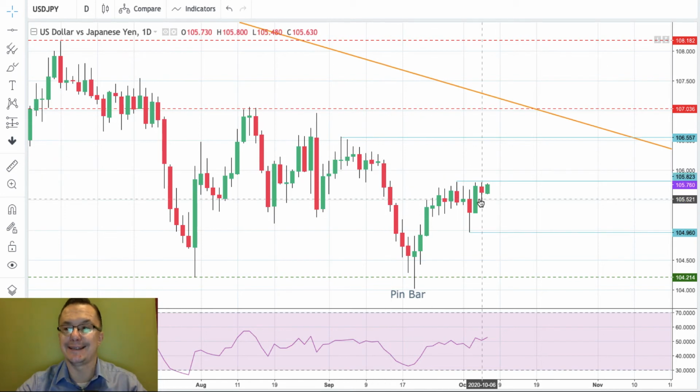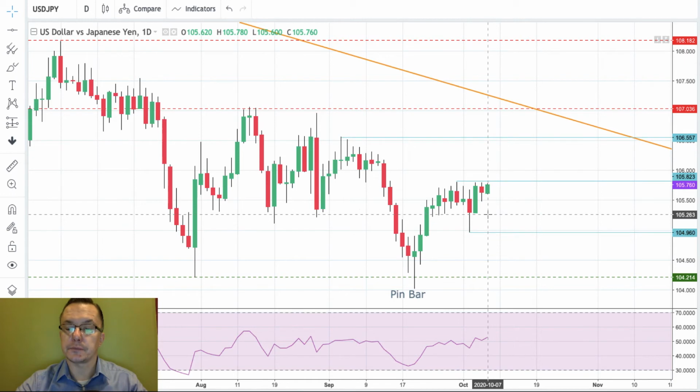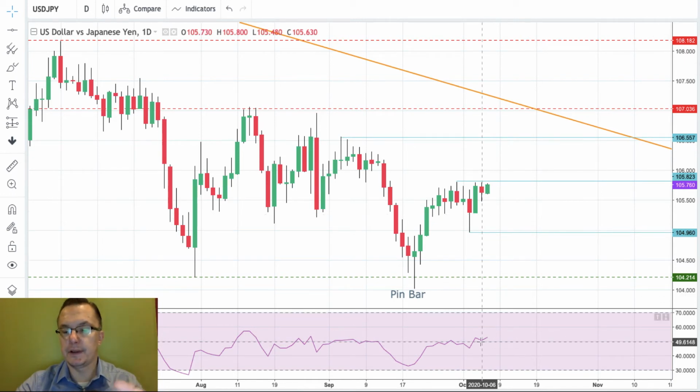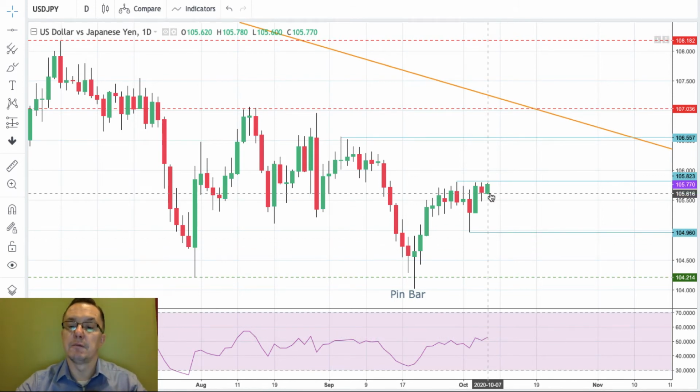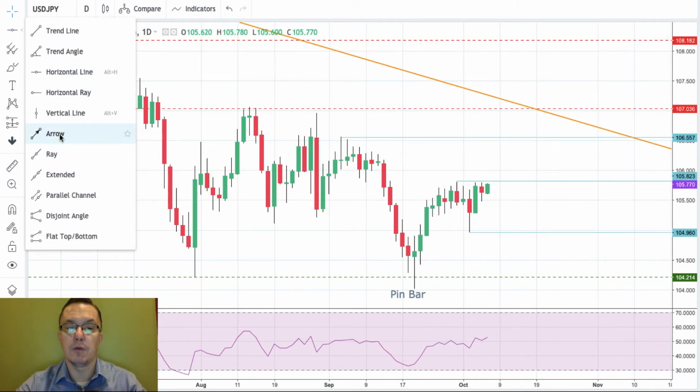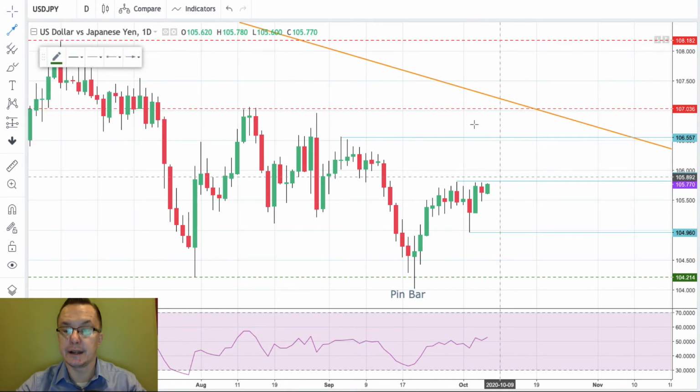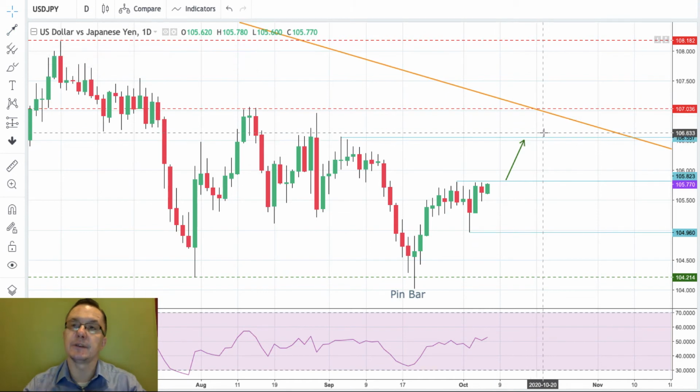As you can see, this is still the daily time frame chart. So the momentum is above the 50, but just roughly above the 50. The high is like 53, so it's not that strong yet. But if we break above 105.82, then for sure we will go way higher, and the next target, as you can see, is seen at this level. So if there will be any hawkish statement about the US dollar, we can see the level of 106.55 after